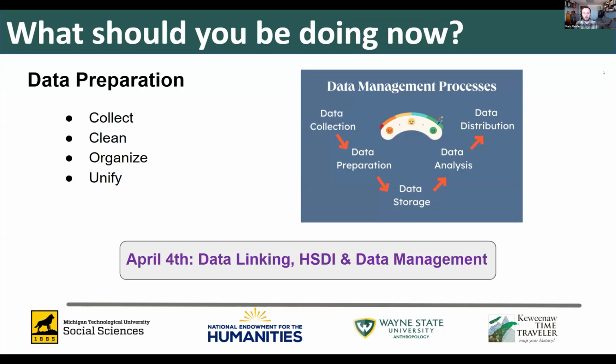The more of your data that you can have collected, cleaned, organized, and unified, the better when it comes to learning how to link this data, how to think about HSDIs, and how to perform best practices in data management, if this isn't something you already have expertise in. Depending on where you are in your process, if you're in the early days of your deep mapping project, start collecting data now. You're probably not going to have all your data by April 4th, but make sure you have a representative sample,